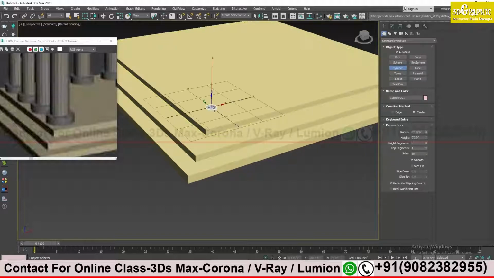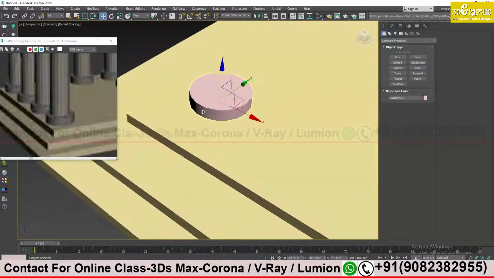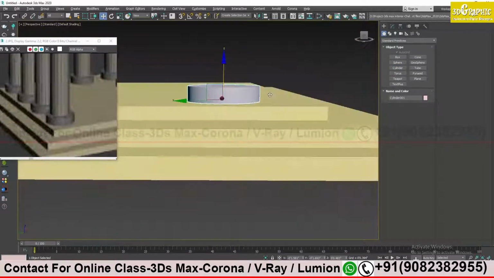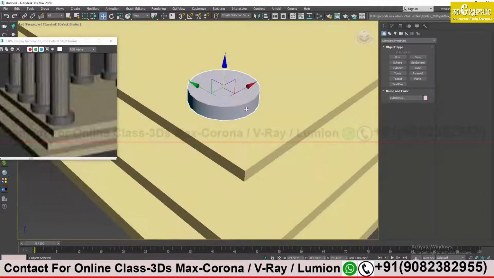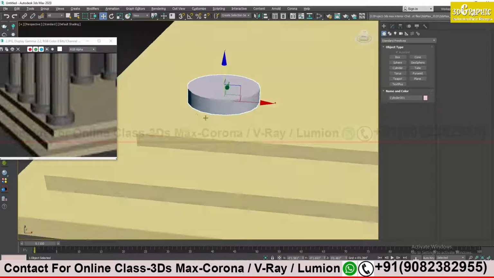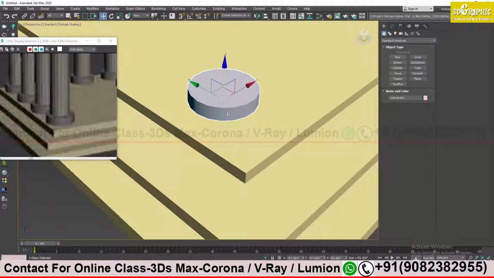Just simple left click and drag. You see, it is being created on the surface. Again I release my mouse button and I move my mouse and then again left click. You see, this time my new object, my cylinder, is created on top of this surface, all because of auto grid.